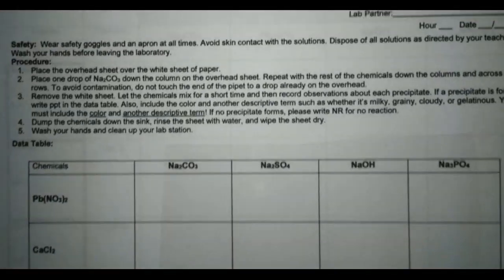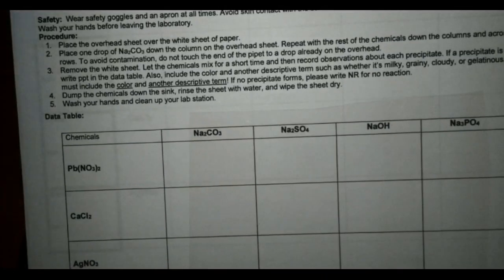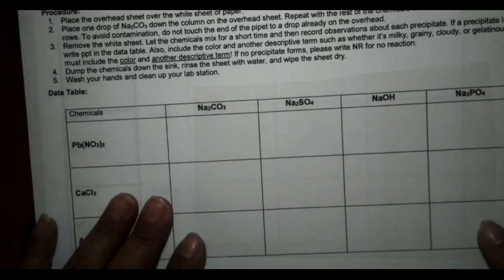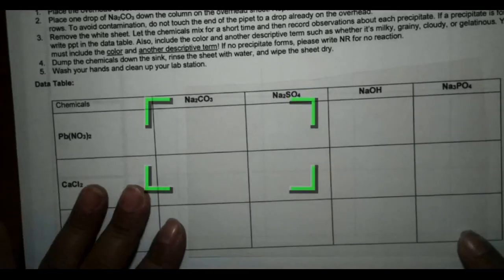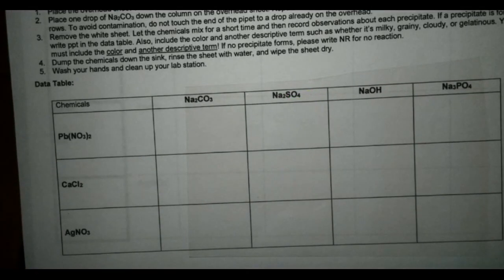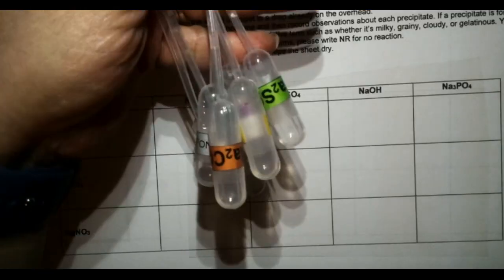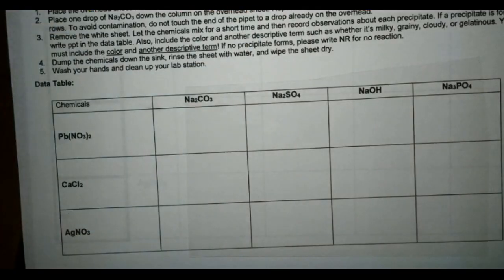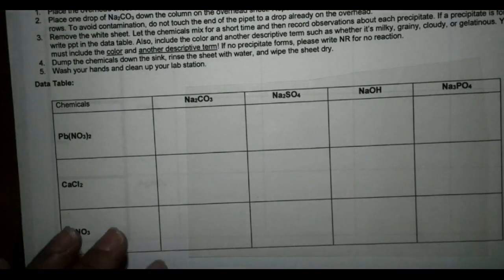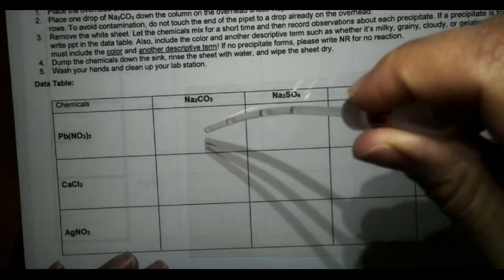Alright, this lab is going to go over the name that precipitate lab. So what we're going to do is first record our observations. I have here my aqueous solutions, which means that the ionic compound has been dissolved in water. So I'm going to go ahead and get my Na2CO3, and add 1 drop